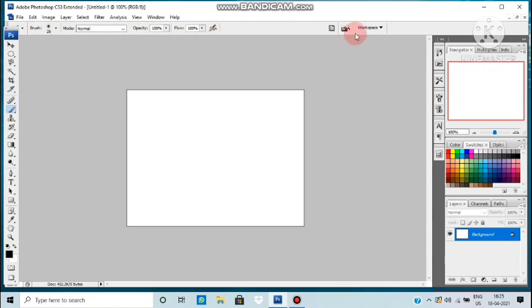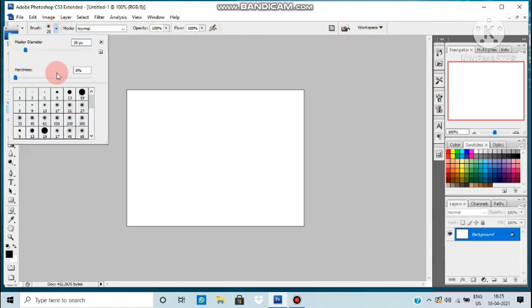Now you can see on this bar the brush size is 28. If you click on this, it will show you the hardness also, 0%. If you make it different, you can compare. Suppose the diameter is this much only, and I'm going to draw. Can you tell me with which color the brush will appear? Black, because the foreground color is black. You can change it also.